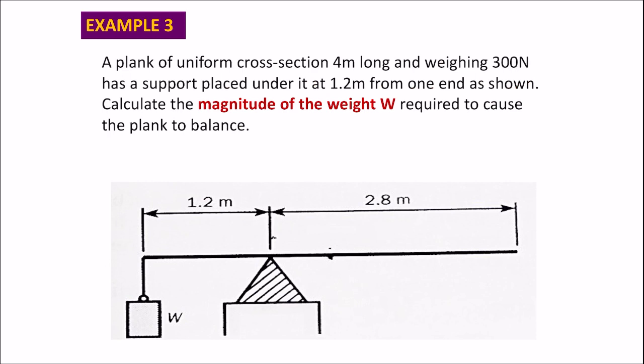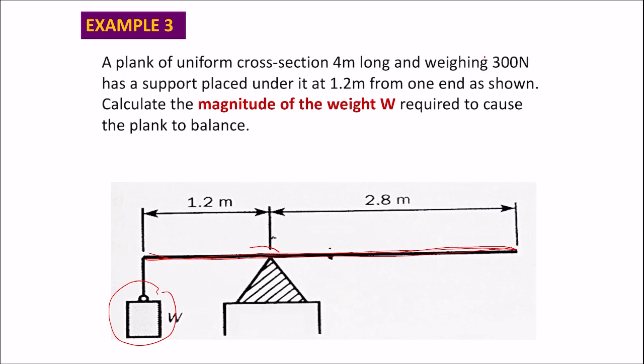Example number 3. A plank of uniform cross-section 4 meter long, weighing 300 Newton, has a support placed under it at 1.2 meter from one end as shown. Calculate the magnitude of the weight W required to cause the plank to balance. Okay, this plank need to be in balance. So the question asks you to find the value of W here, provided that you have the self-weight of the